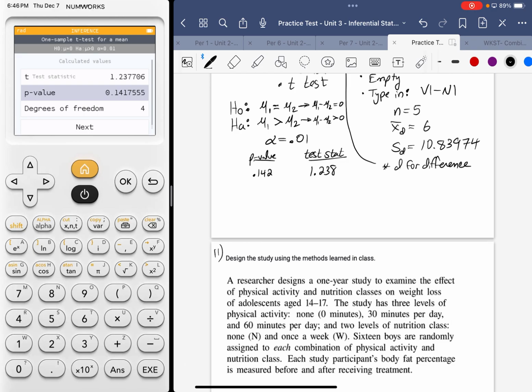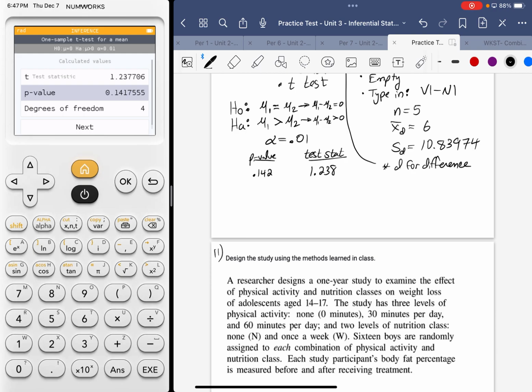All right. So design the study using the methods learned in class. It's actually a fairly straightforward process, but we do have to consider what is being studied here. A researcher designs a one-year study to examine the effect of physical activity and nutrition classes on weight loss of adolescents aged 14 to 17. The study has 3 levels of physical activity: none, 30 minutes a day, 60 minutes a day. 2 levels of nutrition class: none, once a week. 16 boys are randomly assigned to each combination of physical activity and nutrition class. Each study participant's body fat percentage is measured before and after